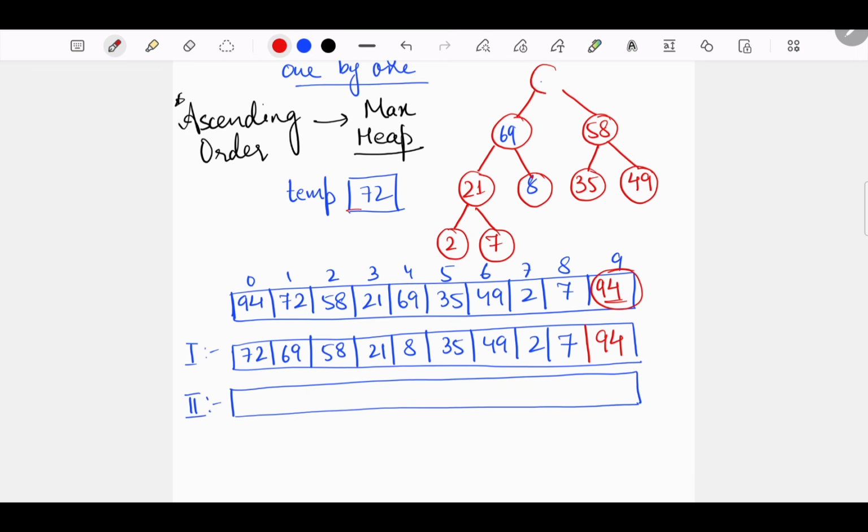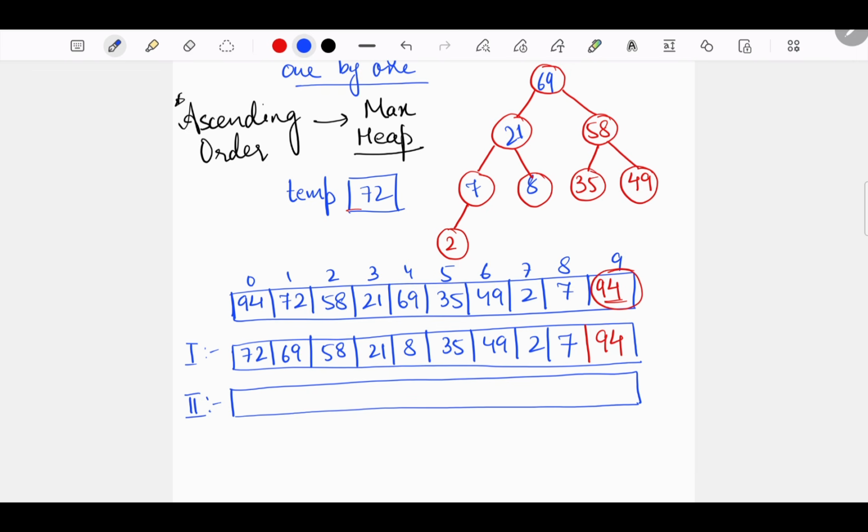And we are going to replace this value with the last node, which is 7. So 7 goes here. Correct? And this node doesn't exist anymore. Now with 7 we are going to put up the heap properties. So we see that we need to swap 7 and 69 to satisfy max heap property. After 7 is here, we can see that we have to perform a swap with 21. 7 goes here, 21 comes up.